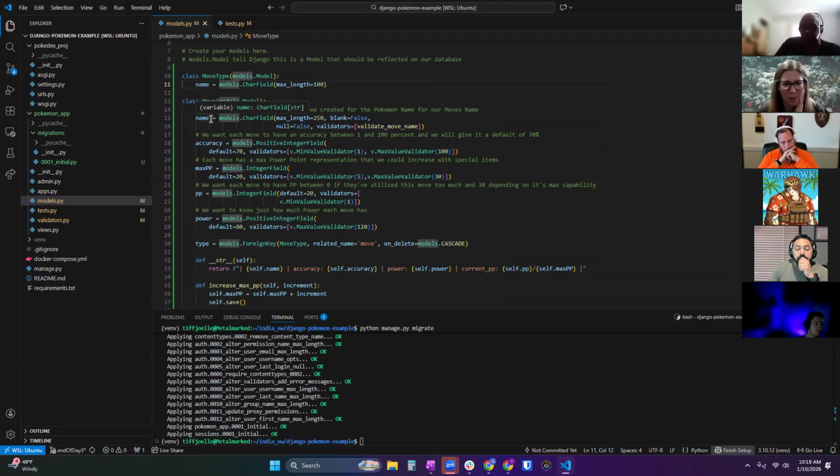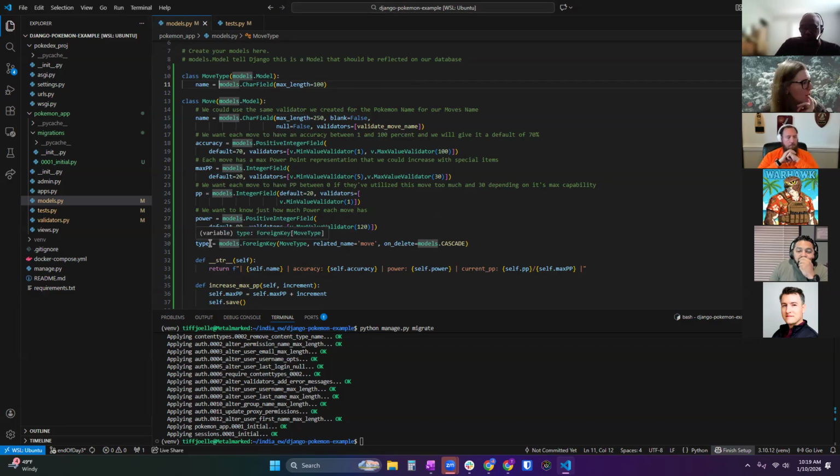So if we had, like, Ember, we would say move1 equals move.objects.get ID 1, or move.objects.get name equals Ember, and that will grab that move. Then you can say move1.type.name, and it should give you fire, as long as you create a fire type and assign it to this.